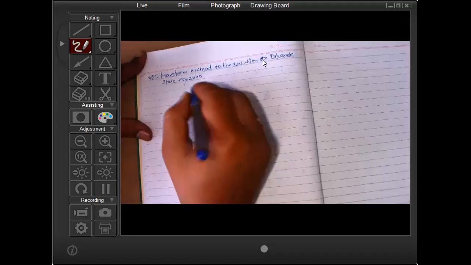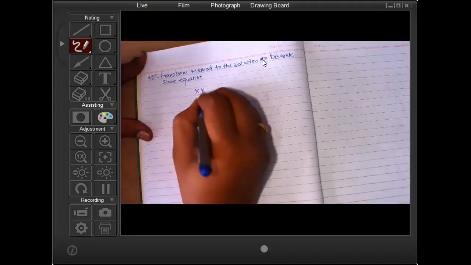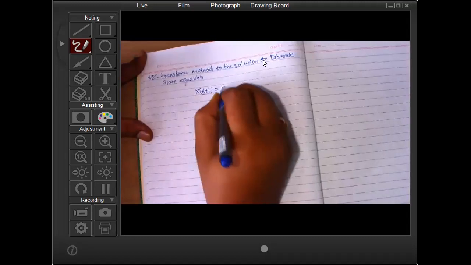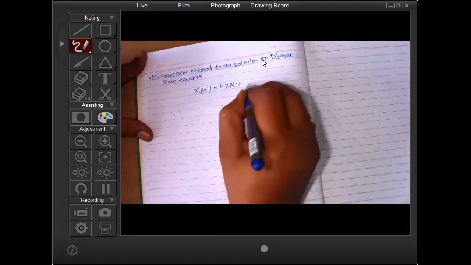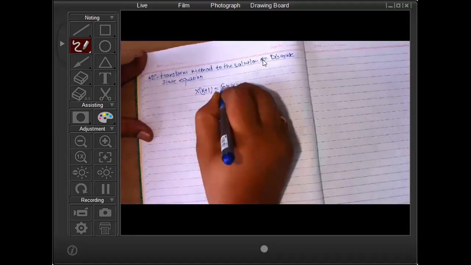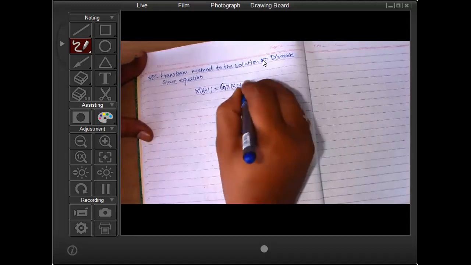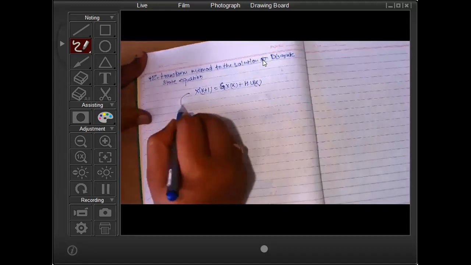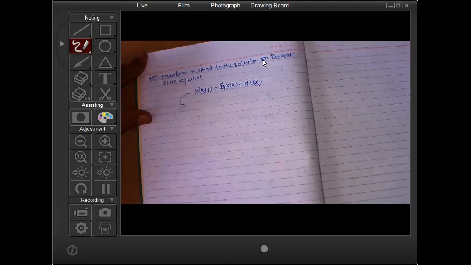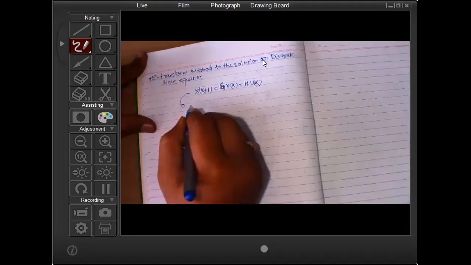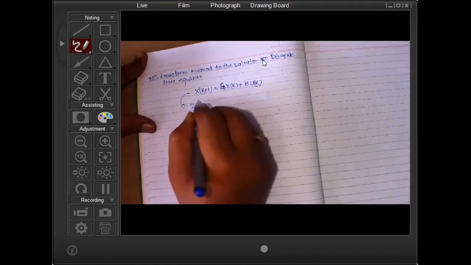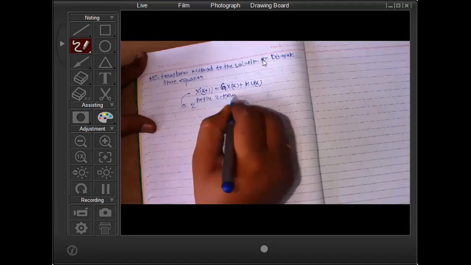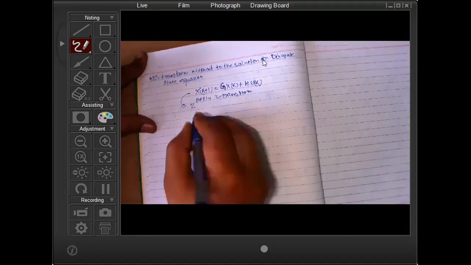Again, you know that in a discrete time system the state equation is x(k+1) equals G xk plus H uk. If you apply the Z transform to the equation, then it becomes Z into